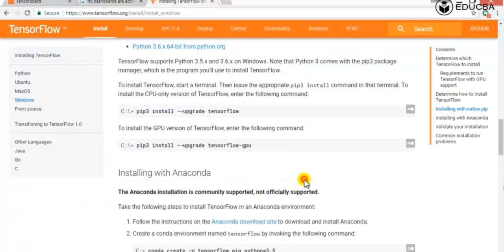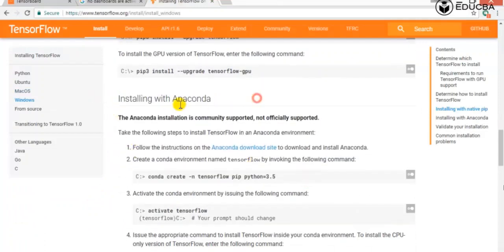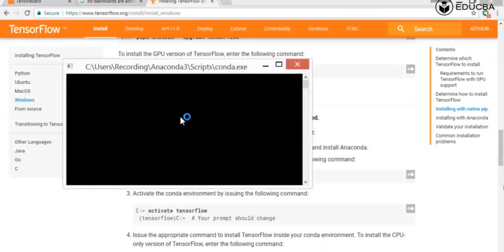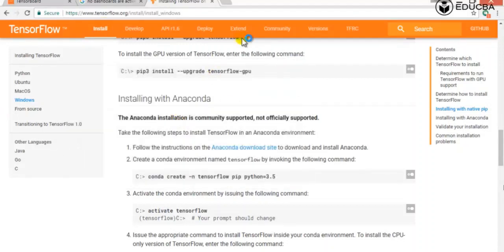And what if we want to opt for the installation with Anaconda? We can also opt for the installation with Anaconda. First, you need to install Anaconda from the environment. After that, you will have an Anaconda launcher, in which you will get the option of installing these particular options. Likewise, we have a conda named folder, and inside that we have to push this command. After that, we have to activate the TensorFlow.